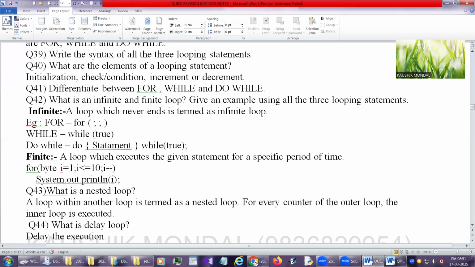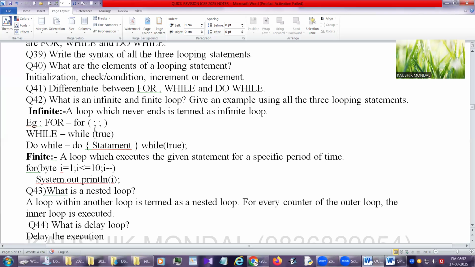Again, I repeat, this is a very crucial and important point. i greater than 0 means i is 1, so will the loop always satisfy? No, this is not an infinite loop, this is a finite loop, because all data types have a capacity. After the capacity, it will stop.